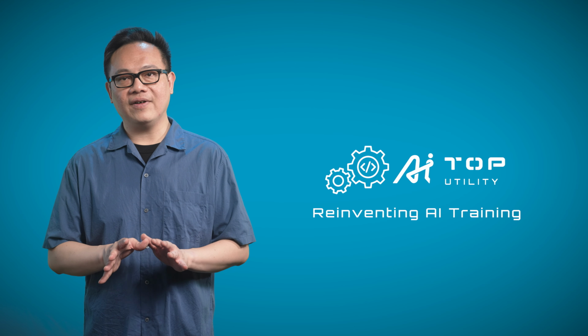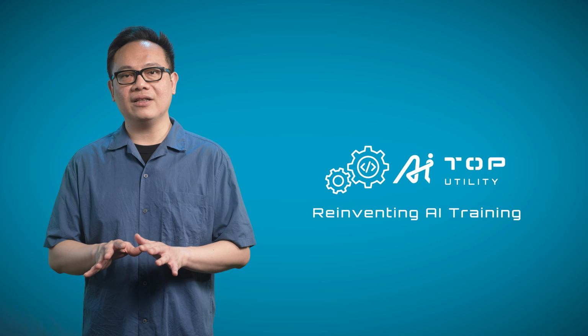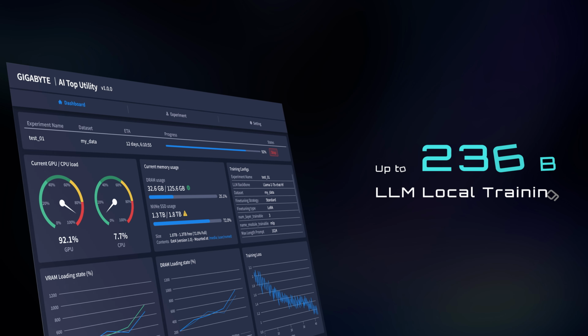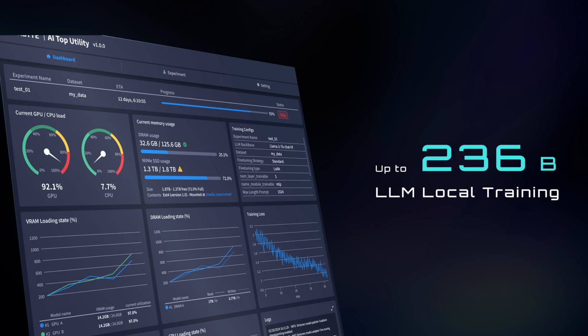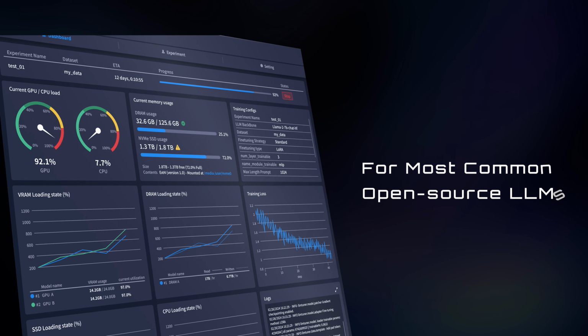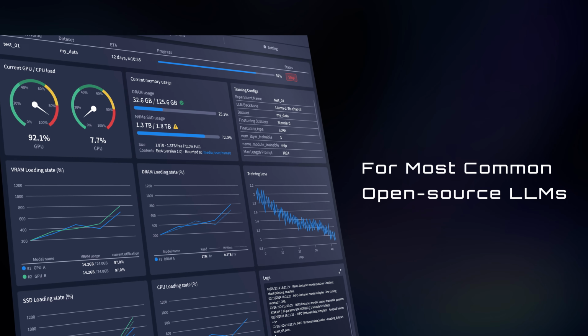Because fine-tuning usually involves smaller datasets, it demands much less computing power than training, and is best put into practice with a local machine. You can easily start up fine-tuning in GIGABYTE AI Top Utility. The AI Top Utility supports up to 236 billion parameter LLMs that you can choose any top-ranking model as the